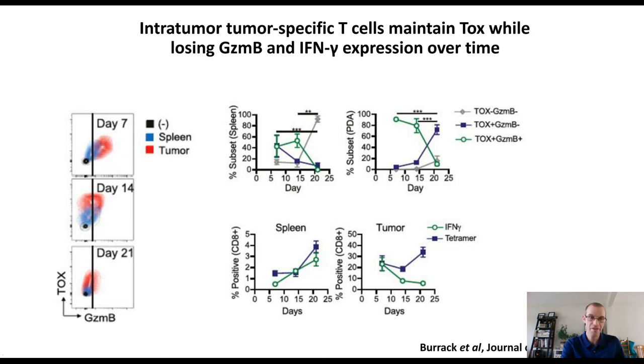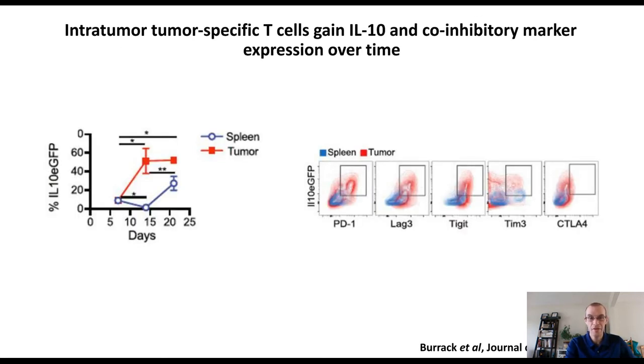And interferon gamma is another critical cytolytic molecule that CD8 T cells express. So two different ways to kill tumors, and our T cells lose both of them over time. So in addition to Tox maintenance and granzyme B loss and interferon gamma loss over time, another component of T cell exhaustion in the tumors in our model system is T cells acquire IL-10